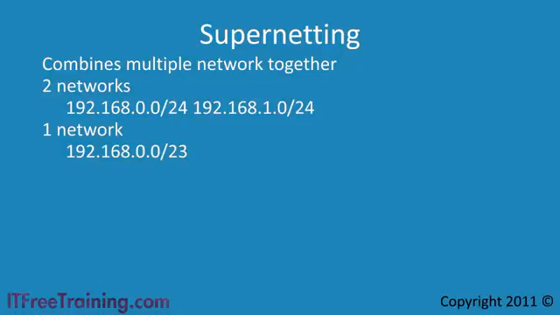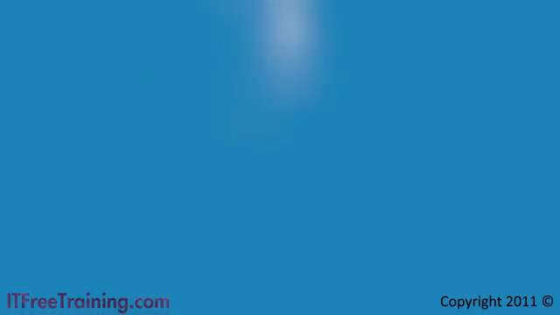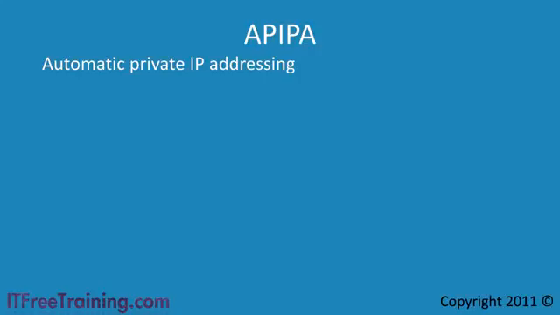Once you have decided on your network, you need to configure your clients with an IP address. On most networks, you have a DHCP server that will allocate your IP configuration. In some cases, the DHCP server may be down, or there is no DHCP server on the network. For example, you plug your computer into a home network. When this occurs, Windows uses a system called APIPA, or Automatic Private IP Addressing, which automatically allocates a random IP address from the network